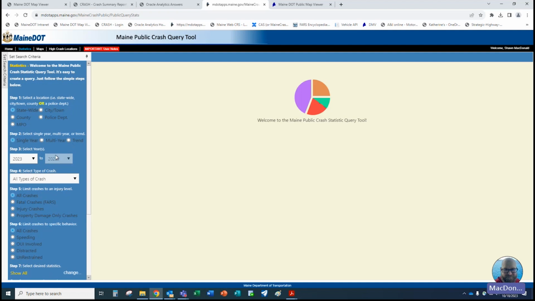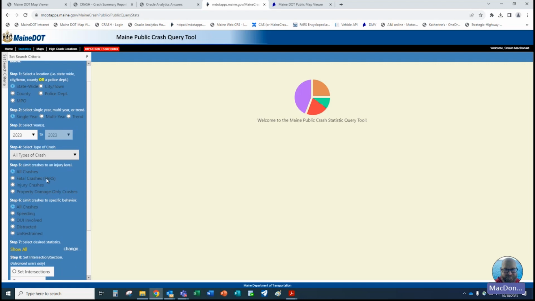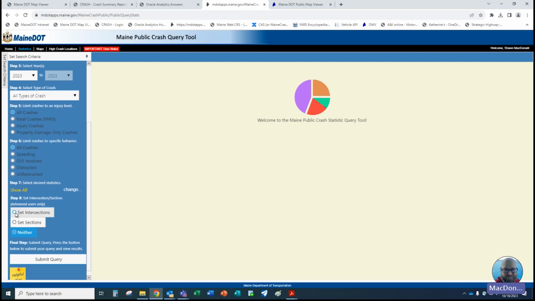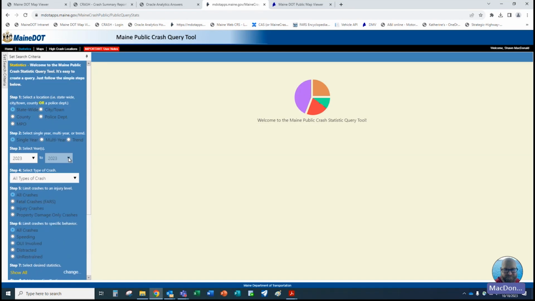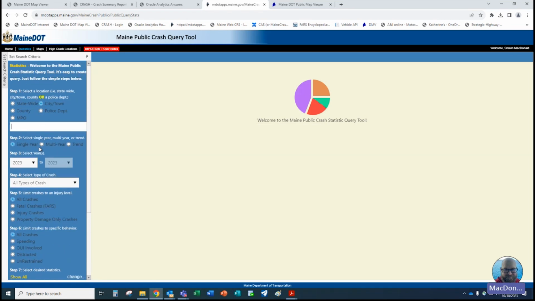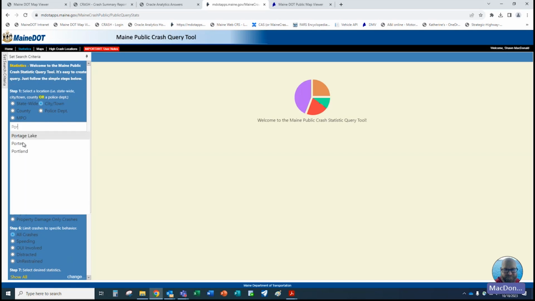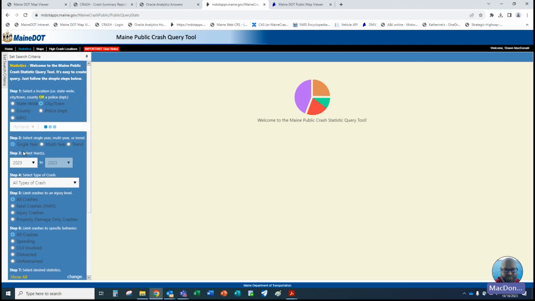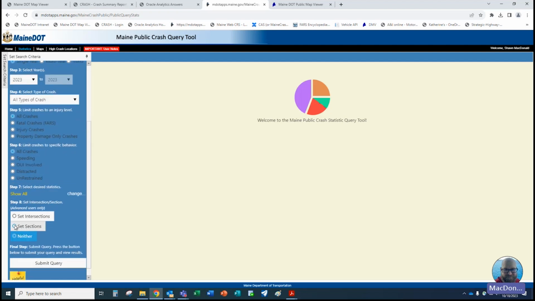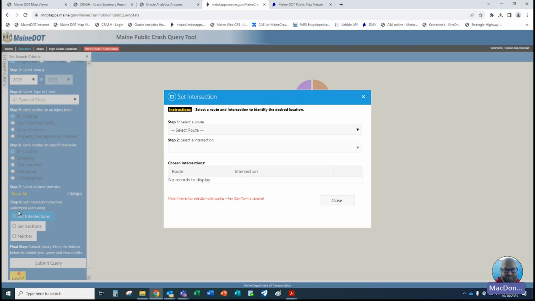So I guess what we'll do is first we'll work on a road section, or an intersection, excuse me, before we begin anything. And if you do anything wrong, it'll always let you know that you're doing something wrong, which is always a nice option. So I've got to do a city or town, and in this case, I'm going to go with Portland. And as you work in this, you'll start typing the word and it'll populate for you. And now I can set my section, my intersections.